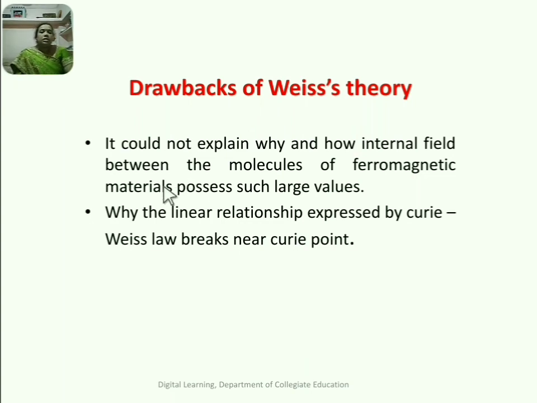See here, this theory fails to explain how the internal field between the molecules of paramagnetic materials possesses such large values, meaning how the internal field between the atoms or molecules arises. And one more drawback is that it fails to explain why the linear relationship expressed by the Curie-Weiss law breaks down near the Curie